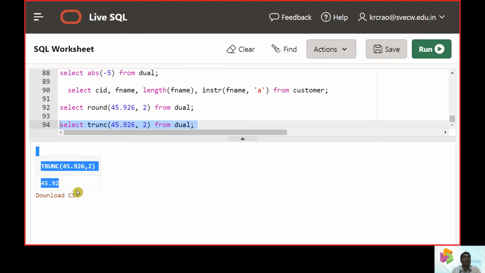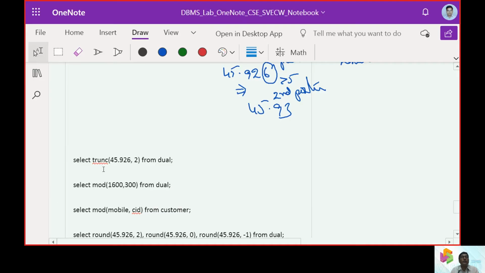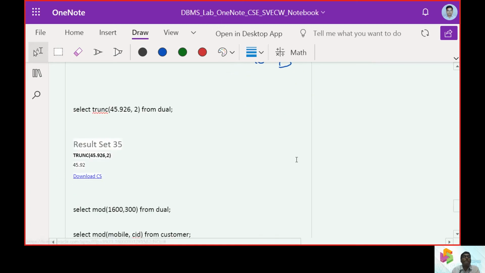We will not be expecting much in this case. Whatever value is after the second position, it is not looking into that.